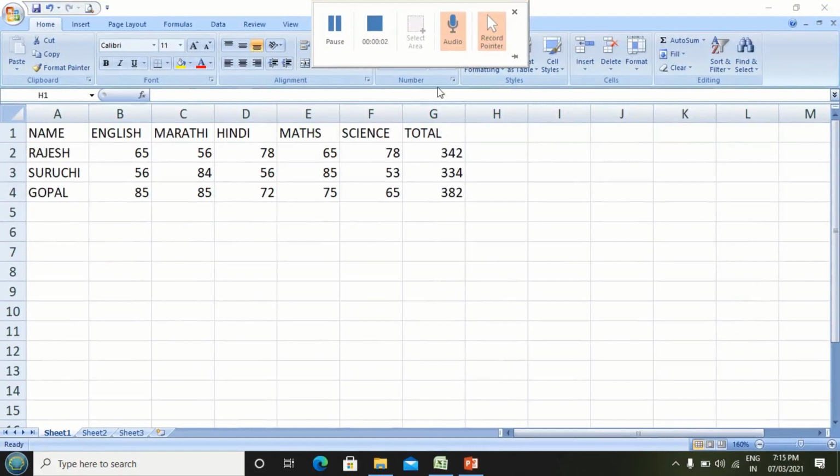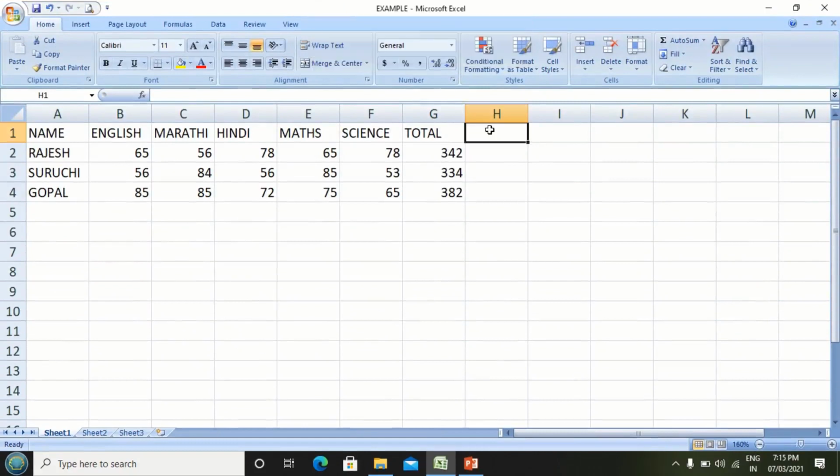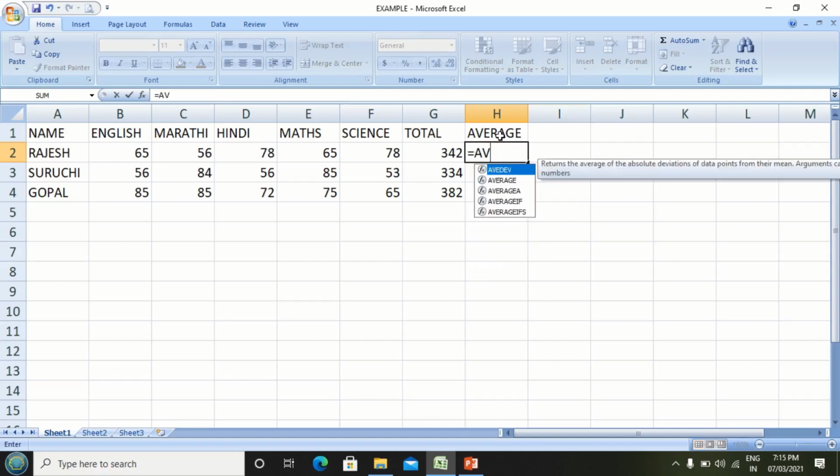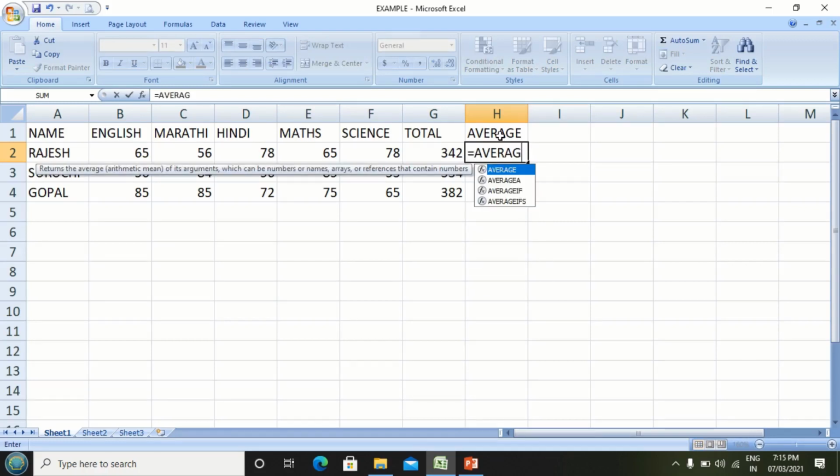Let's see the average function in the same previous example. Next to the total column, here I type average. Below that, I enter the average function: is equal to average, open bracket.